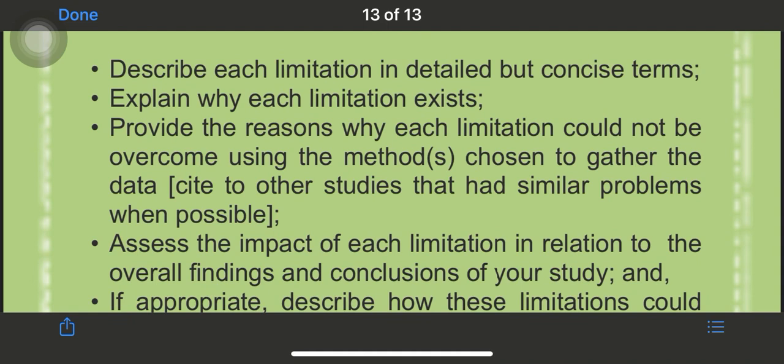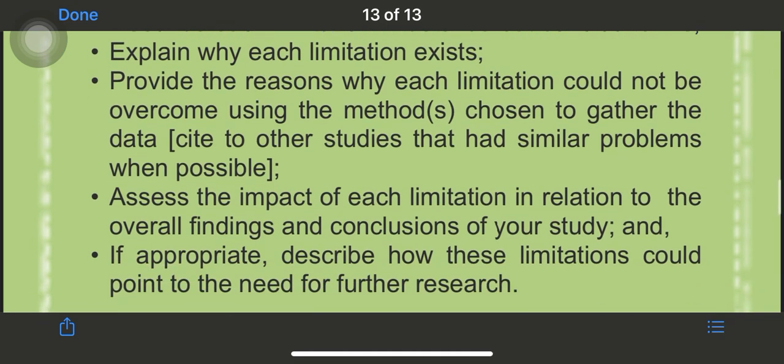Okay? Provide the reasons why each limitation could not be overcome using your methods chosen and to gather the data. Okay? Assess the impact of each limitation in relation to the overall findings and conclusion of the study, and if appropriate, describe how these limitations could point to the need for further research. Okay? What if,